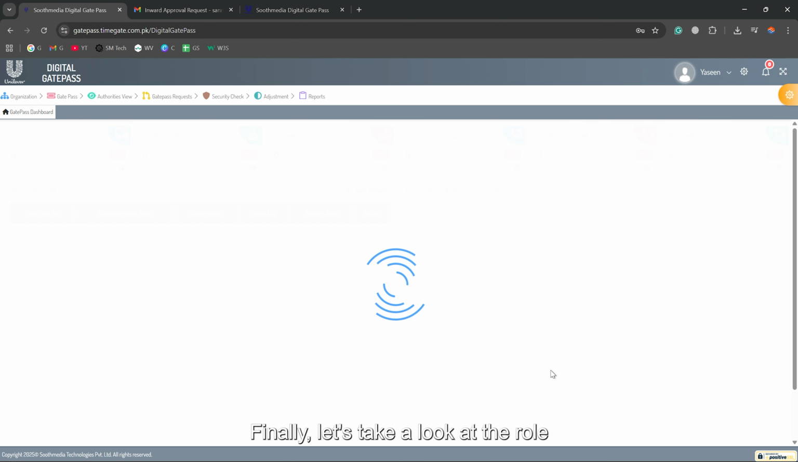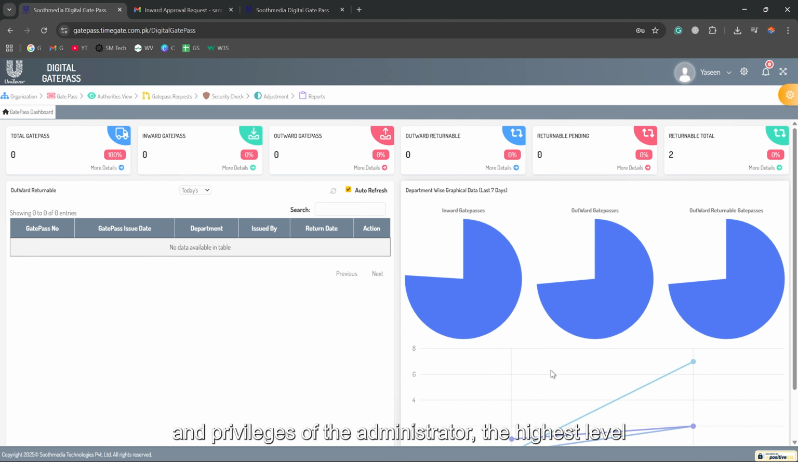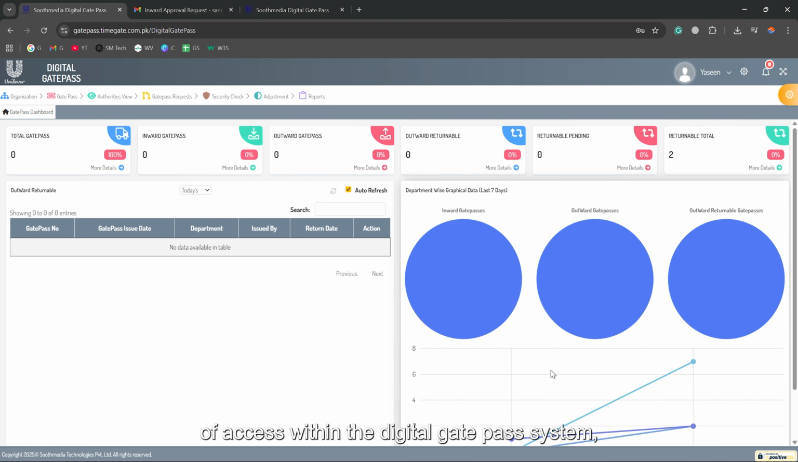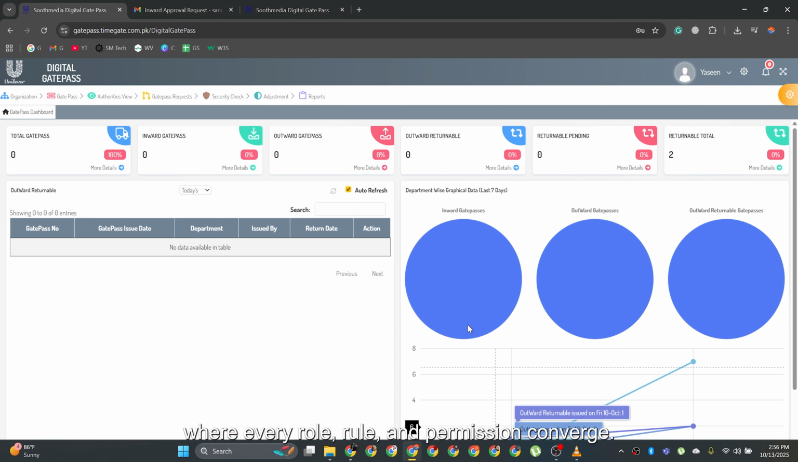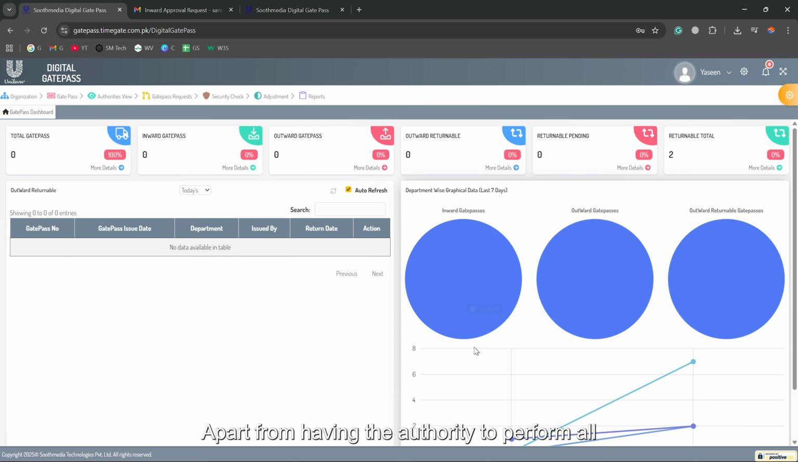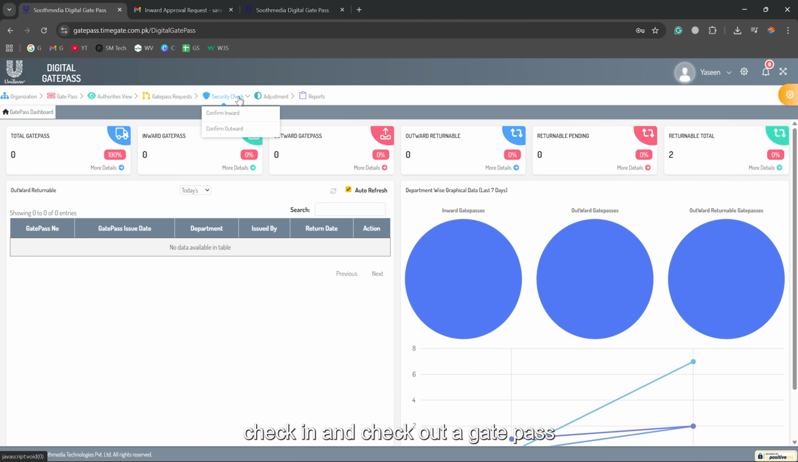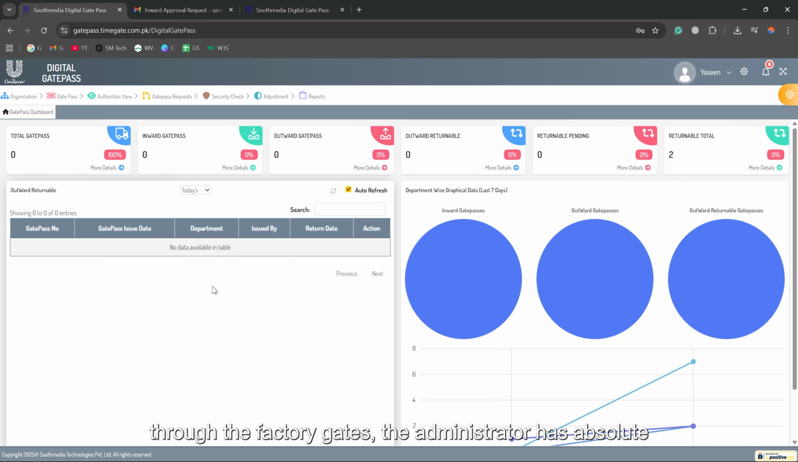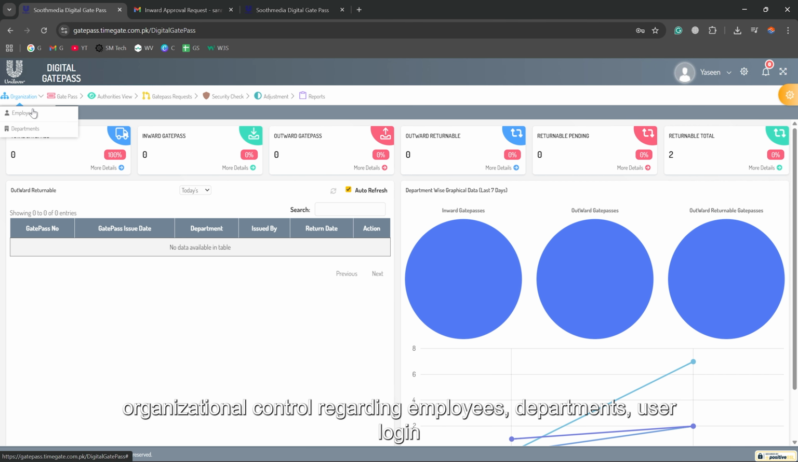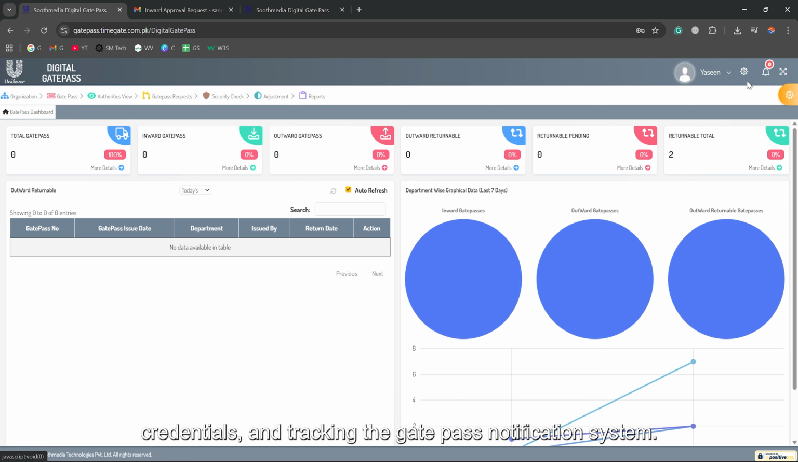mobile app. Finally, let's take a look at the role and privileges of the administrator, the highest level of access within the Digital Gatepass system, where every role, rule, and permission converge. Apart from having the authority to perform all of the aforementioned actions, such as initiate any gate pass, approve or reject any gate pass assigned to them, perform a security verification to check in and check out a gate pass through the factory gates, the administrator has absolute organizational control regarding employees, departments, user login credentials, and tracking the gate